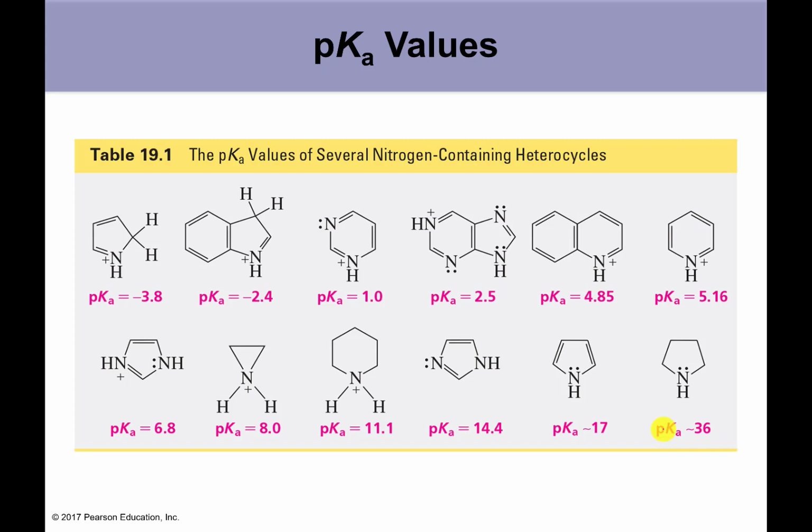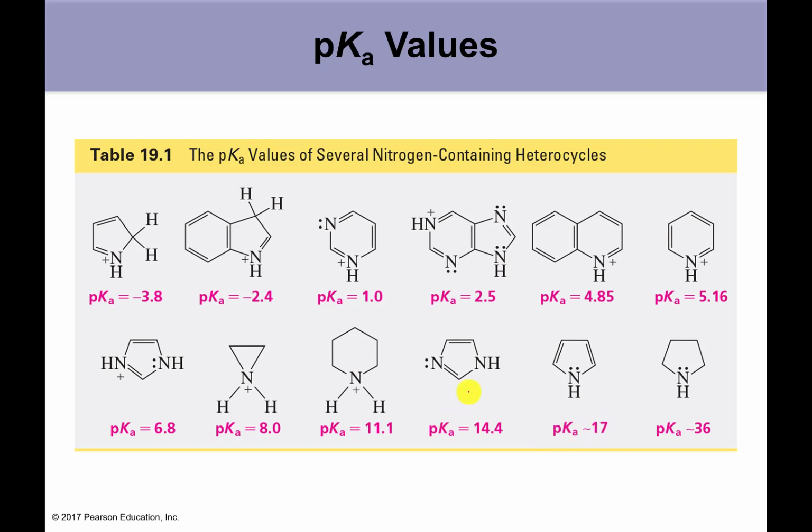The nitrogen is sp3 hybridized, and as a result, it tends to be relatively weakly acidic. On the other hand, pyrrole has a nitrogen, but that lone pair, you have to remember, is delocalized into the ring. So effectively, this nitrogen is sp2 hybridized, and as a result, it tends to be a little bit more